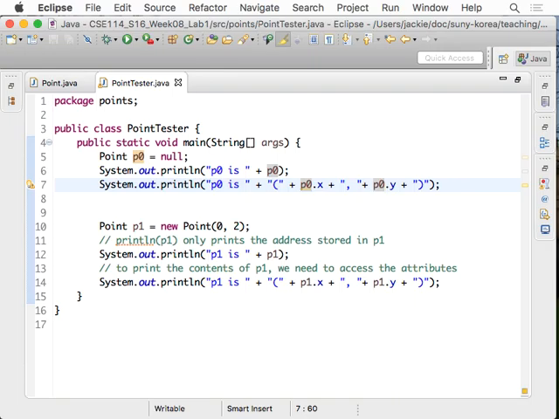So P0.x is simply undefined. You're trying to call the attributes on some null objects, so this is an error at runtime. But at compile time, this will compile okay, because P0 is of type Point, and x is an attribute of the Point class. That's okay. But if you try to run it,